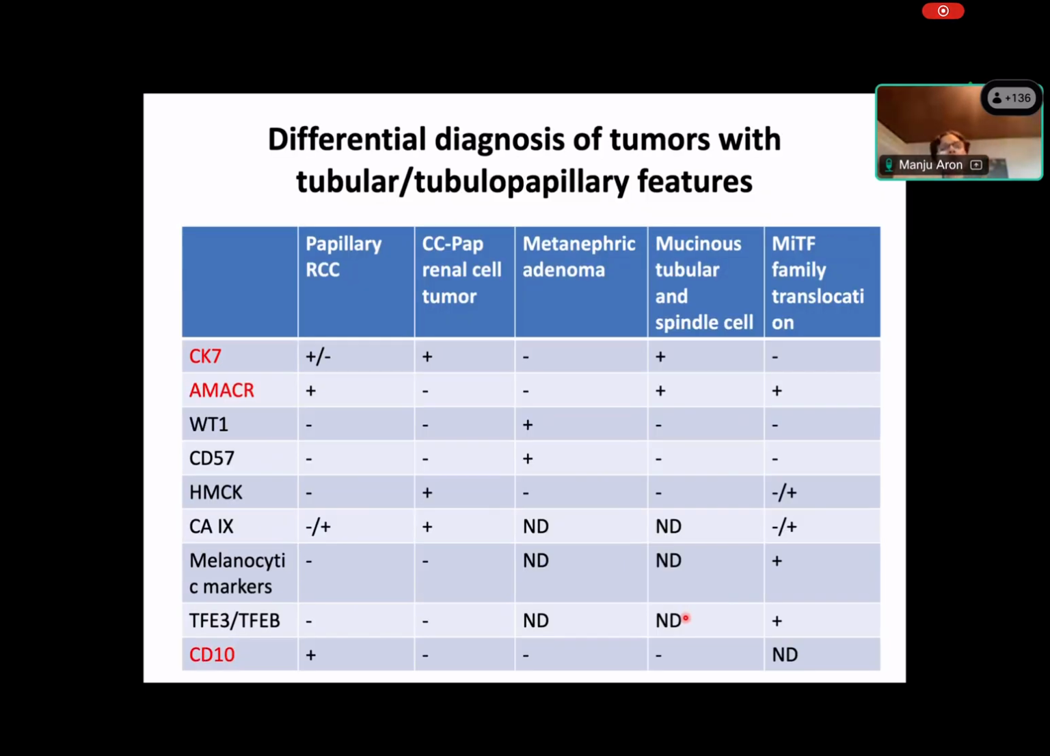Now, tumors which have tubular or tubular papillary, again, your differential diagnosis may be papillary RCC, clear cell papillary, metanephric adenoma, which is another benign kind of tumor, mucinous tubular and spindle cell tumor, and MiT family translocation associated tumor. And here are all the immunostains that can come handy in kind of distinguishing these tumors from the others. So again, common tumors first. So use those immunostains which may help differentiate